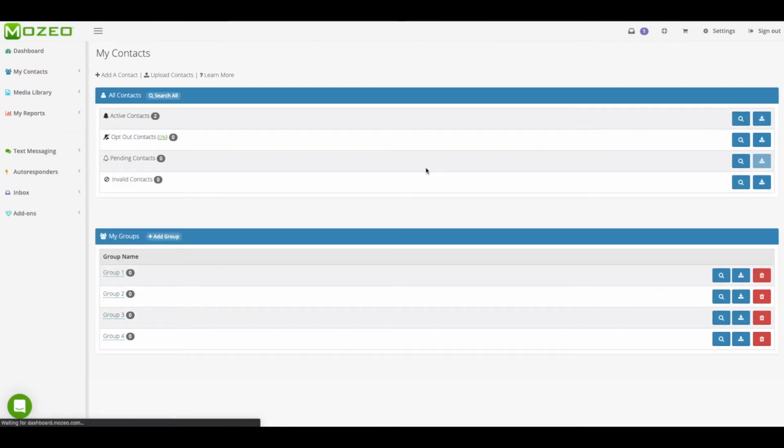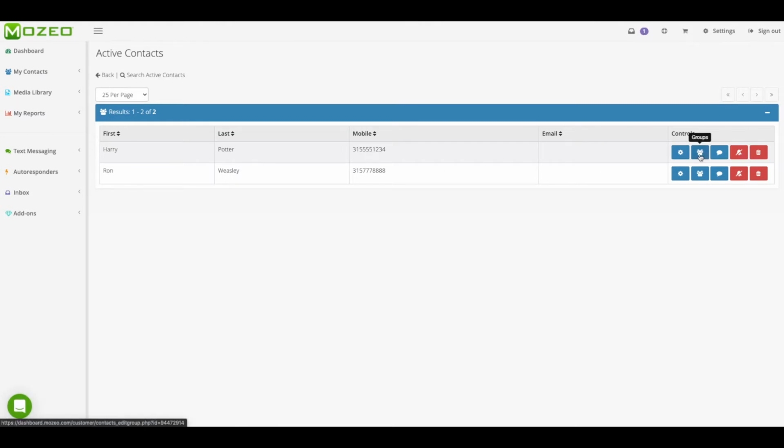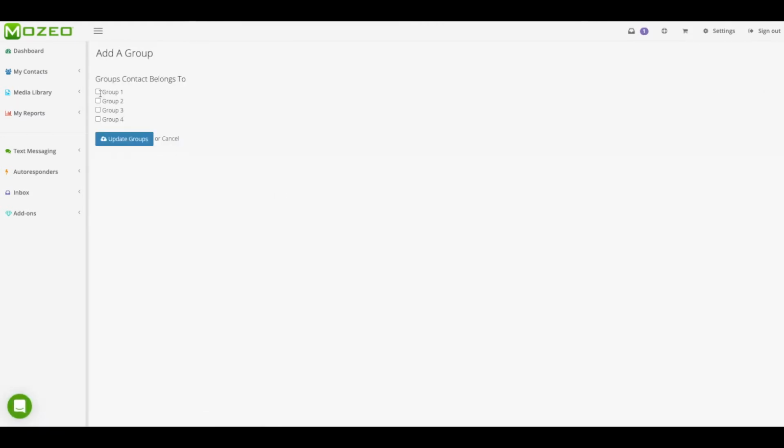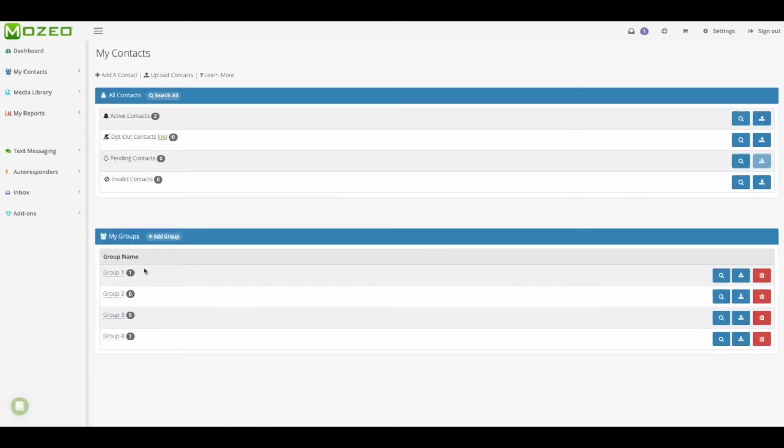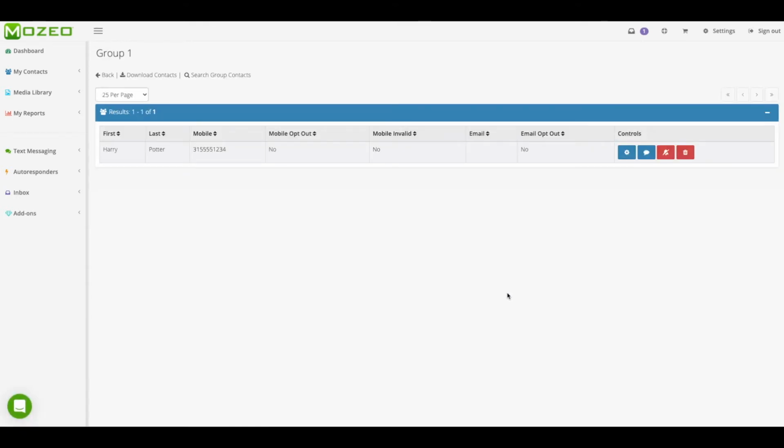So if I want to go back to my contacts, I can say, all right, we're going to take this individual and put them into group 1 and to group 4, and we're going to update that. Now you'll see this number has gone up and this individual belongs to groups 1 and 4. And again, you can hit the magnifying glass, see everybody that belongs in that group, or go back and look